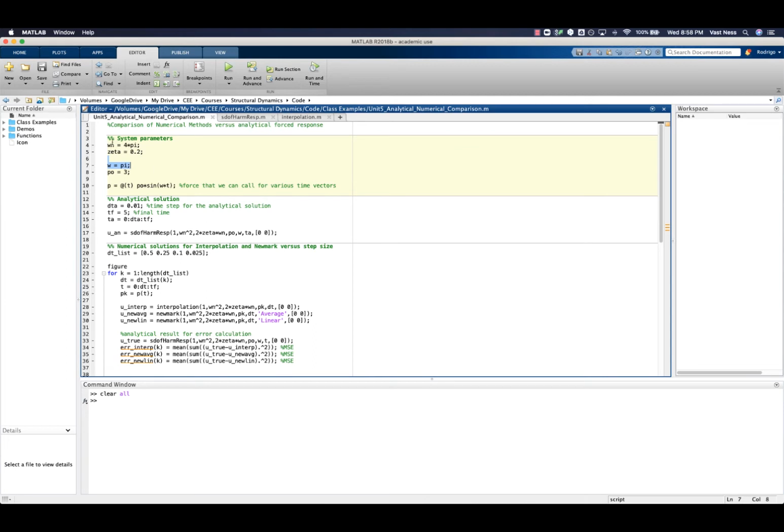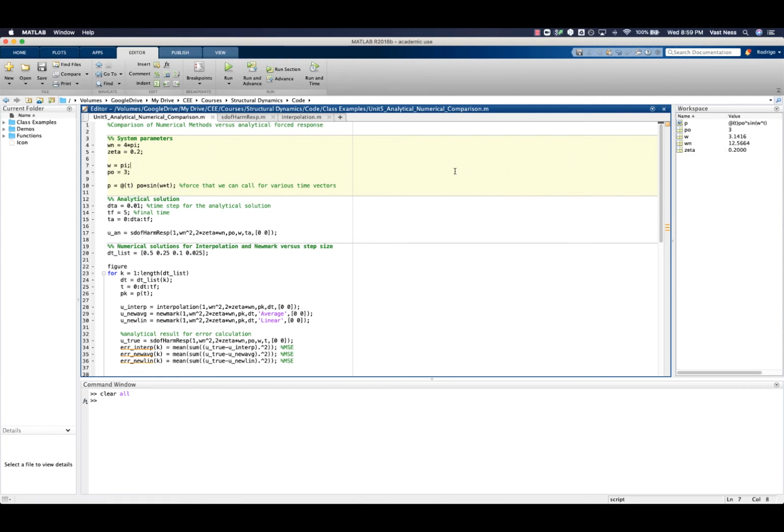So the first thing I'm doing is defining a simple dynamic system with a natural frequency of 4 pi and a damping of 20%. I'm also going to define a loading function with a loading frequency of pi and a magnitude of 3. And I'm using the anonymous function to create this function p, which I can call for any range of time t. But essentially this is a sinusoidal loading function. So I'm going to run this section